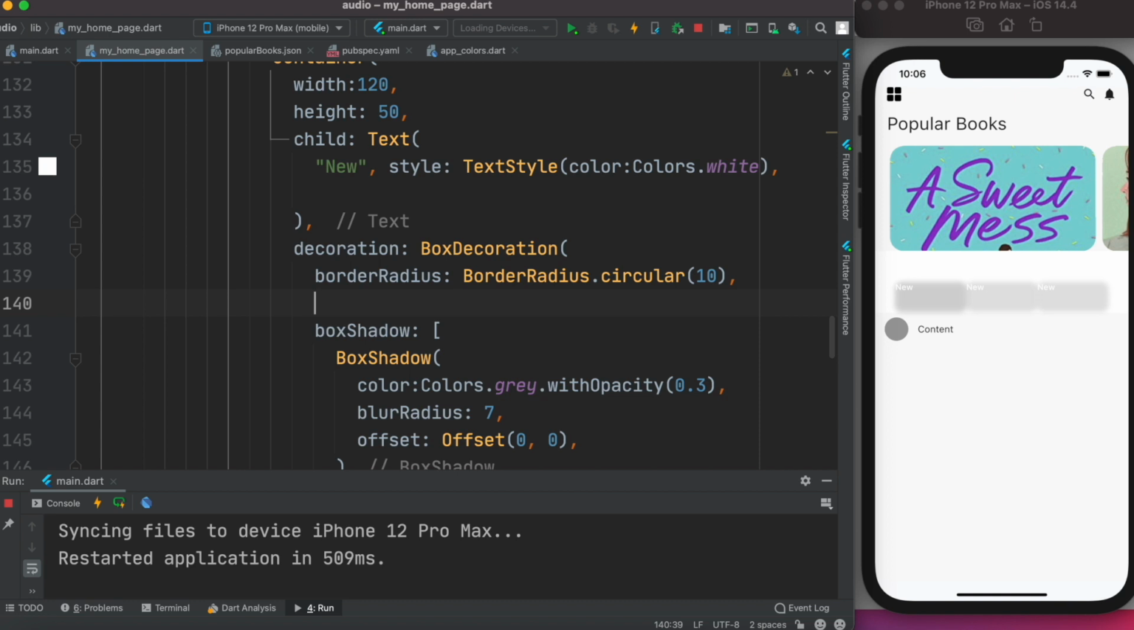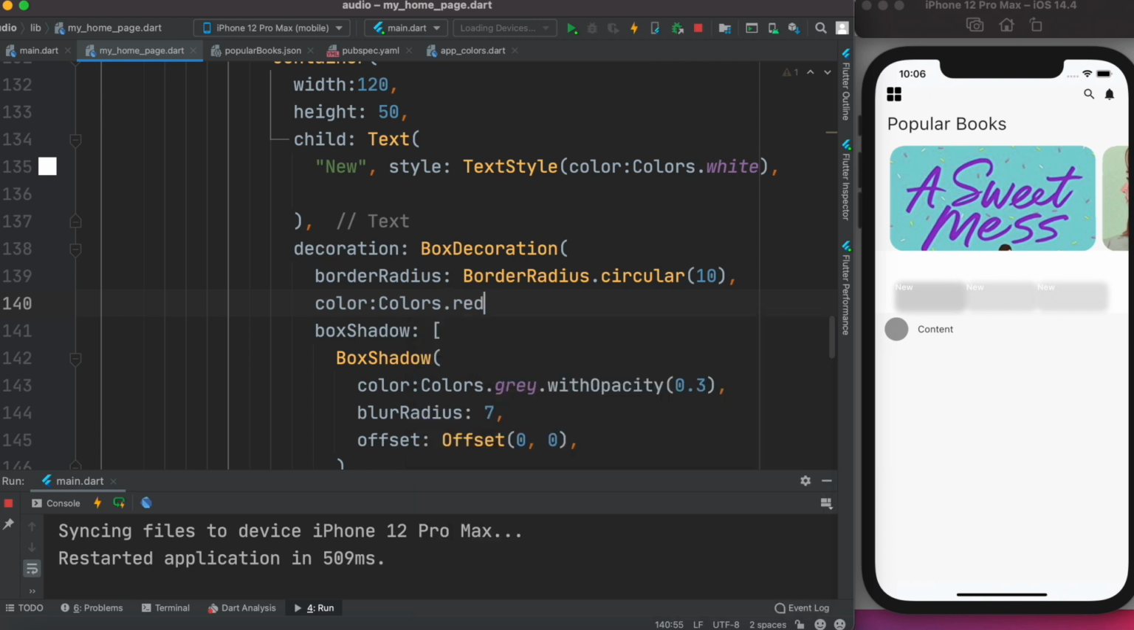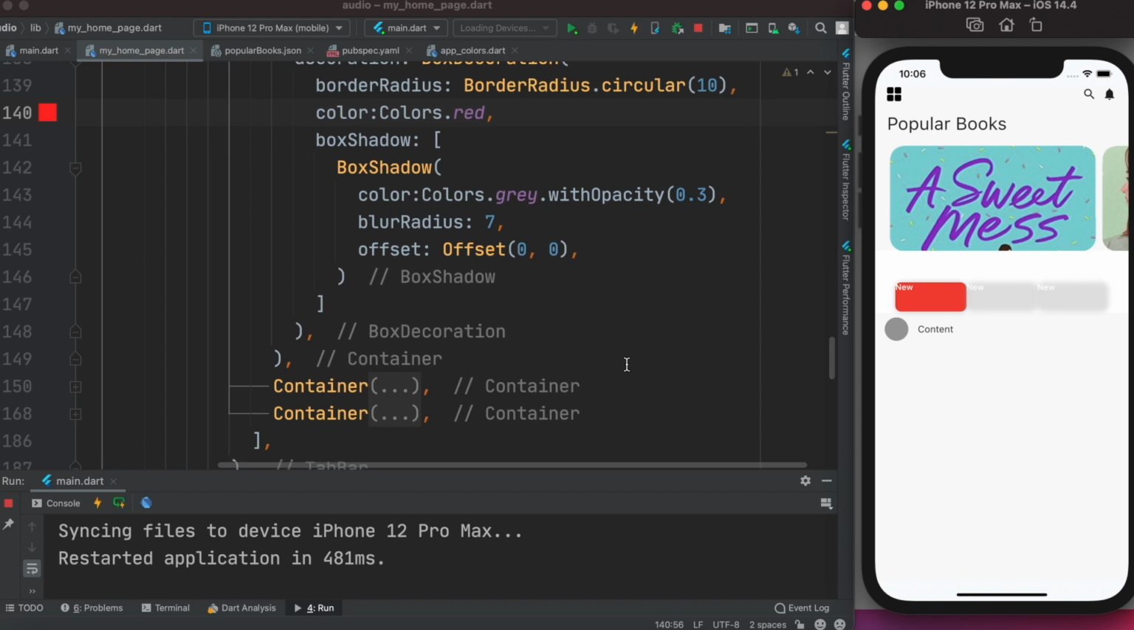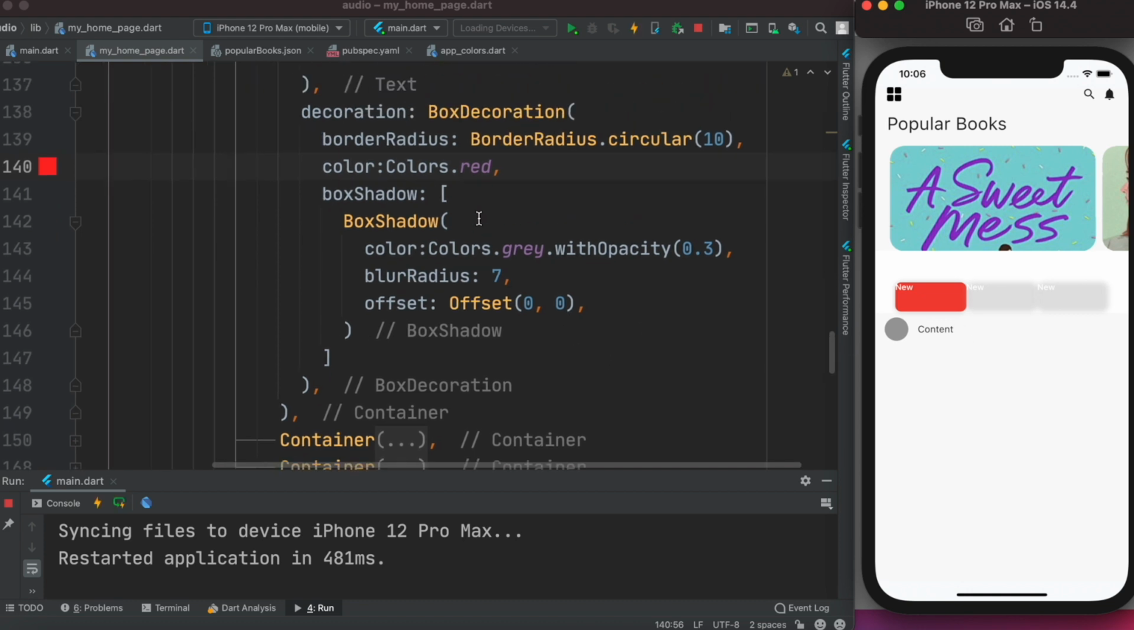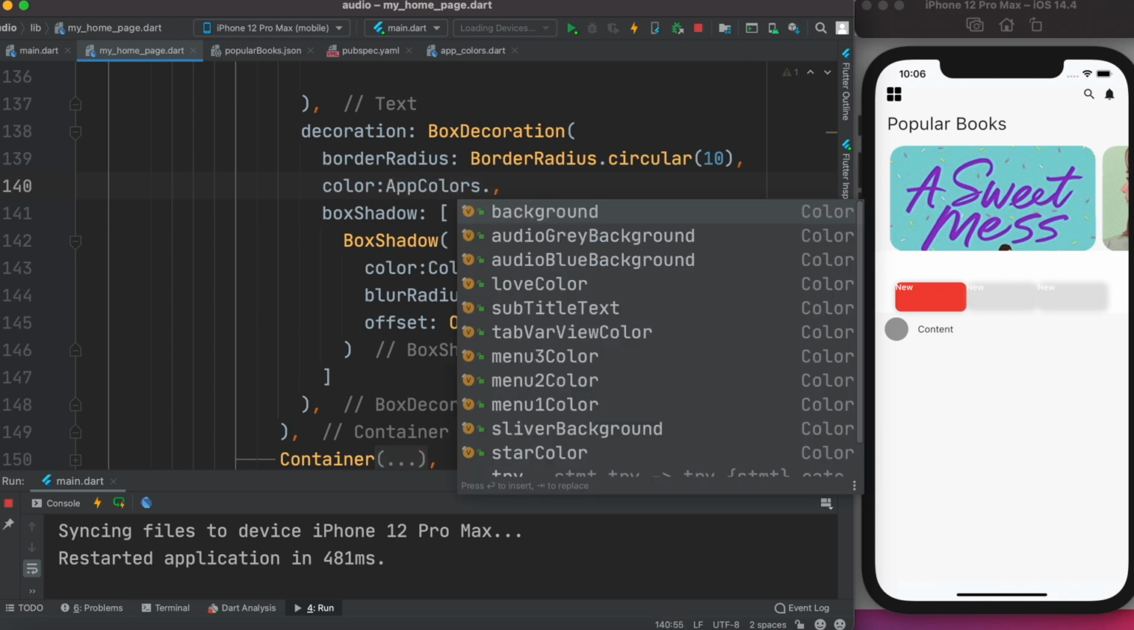Okay, so say color equals colors dot red, and see the result. Yes, the first one is red. Okay, all right. So we can apply colors, but we don't want to apply this color. We want to apply app colors dot